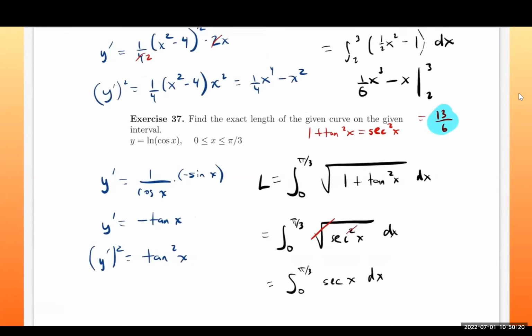x. And if you recall from section 7.5, where we're given a table of formulas for integrals, this was one of them. And the antiderivative of secant turns out to be natural log of secant x plus tan x. And we're going from 0 to pi over 3. If you substitute those values, you should get